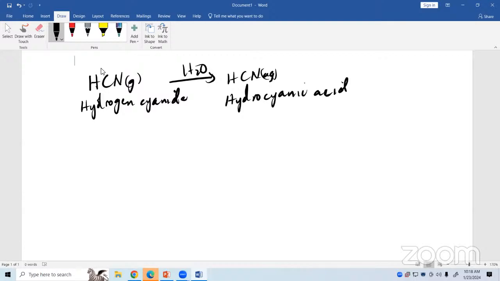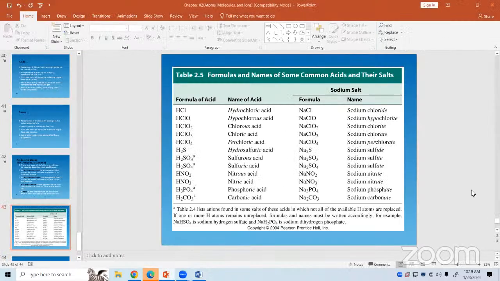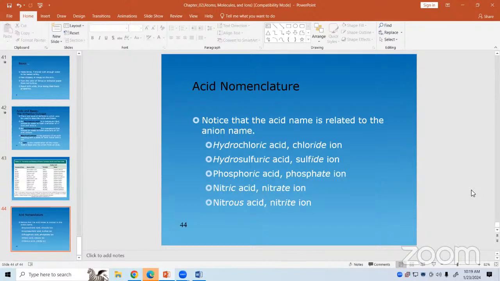All right. Okay. Any questions about naming oxyacids and this acid? Any questions? Okay. If I'm not mistaken, this is actually the last topic in this chapter. Let me check and make sure. Okay, so this is just basically what we just covered. So that's basically it. So now, in your assignment,